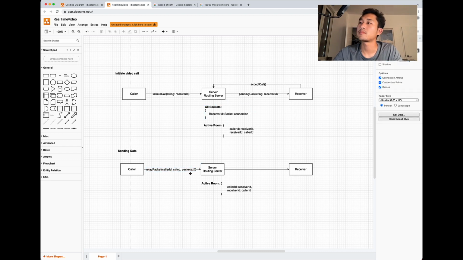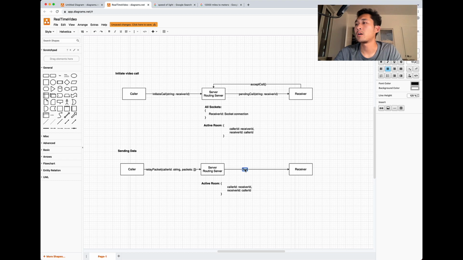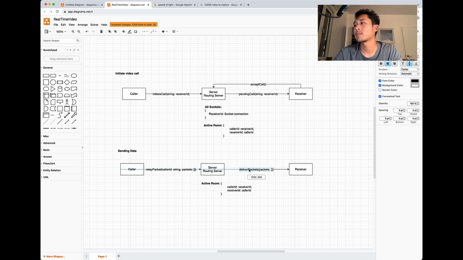which could be another function called deliver packets, caller ID, or packets. And then this can also be reversed on the receiver side, which is calling the same WebSockets function.